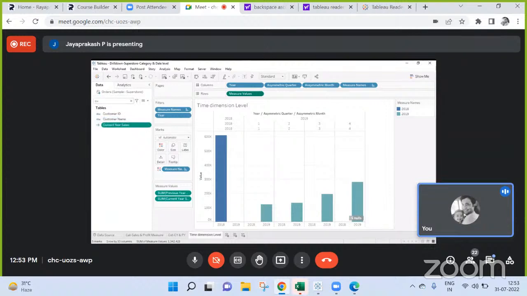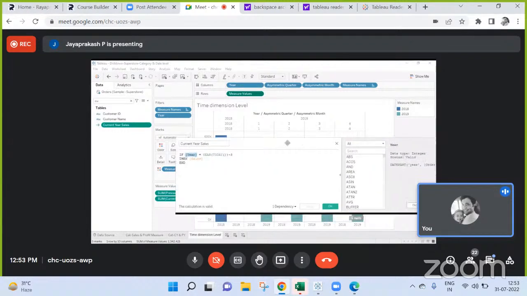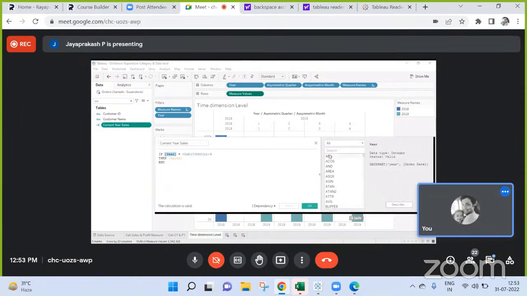No, we should go by order. We should know what this is first, right? Open that calculation. If year of order date, what is year again? Year is nothing but it's a year of order date I created. Now select that year. Click on that year part. Expand this. You have an expansion button right here, left, down, between. Yeah, that only. I need to see that. Now click on that. Can you click on describe? Describe that.